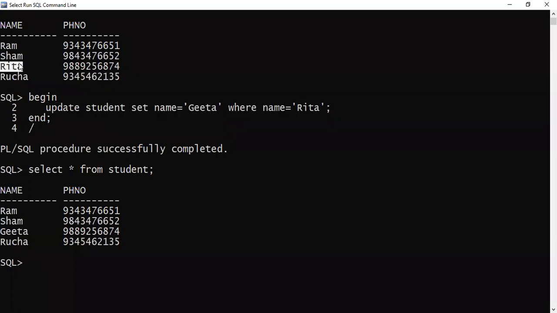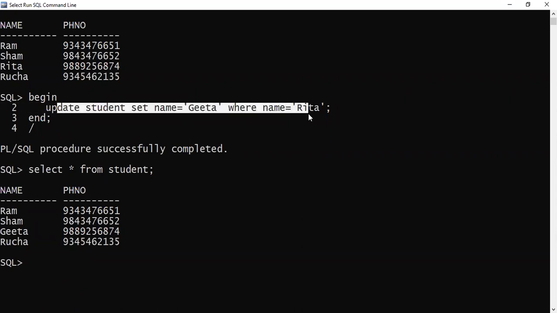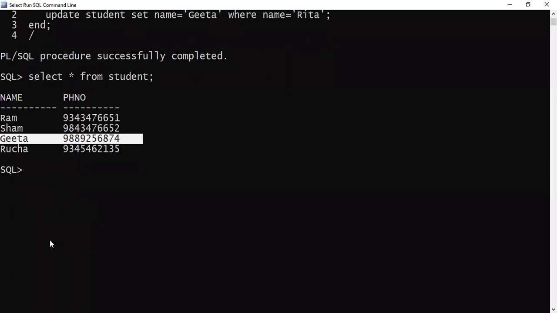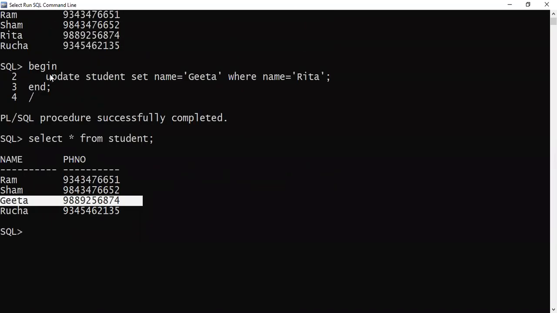It could search this name Rita and it has changed it to Geeta. While doing so, it was searching for a record whose name was Rita. Has it found the record? Yes, it has found the record and it has also modified the record. Now suppose I again execute this command.